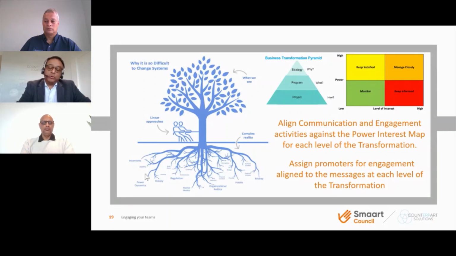What are the political scenarios, the resistance from the team? There could be various factors. We need to understand those so that the change becomes effective when we are implementing through the program of work. So digital transformation and organizational changes are complex endeavors that require careful planning and execution. And we need to embrace a holistic approach, engaging teams and fostering effective communications. An organization can then navigate the transformation journey successfully.